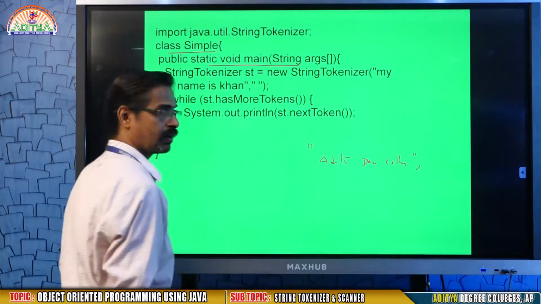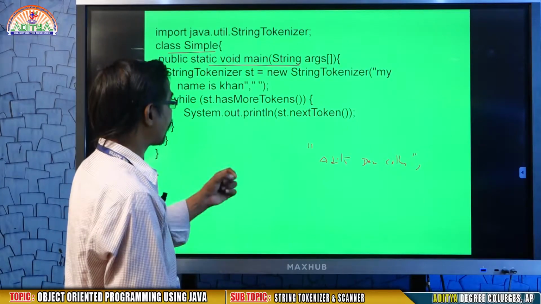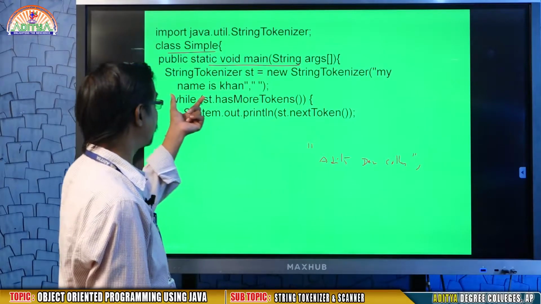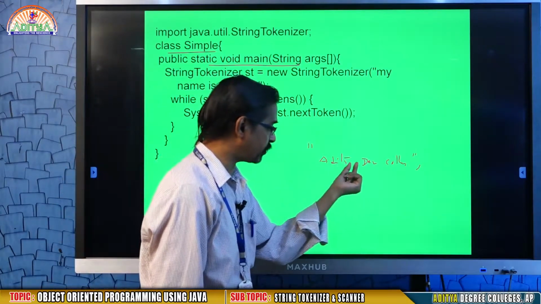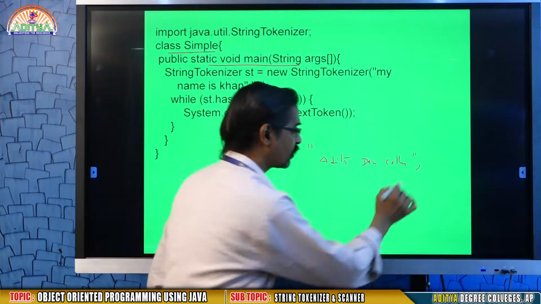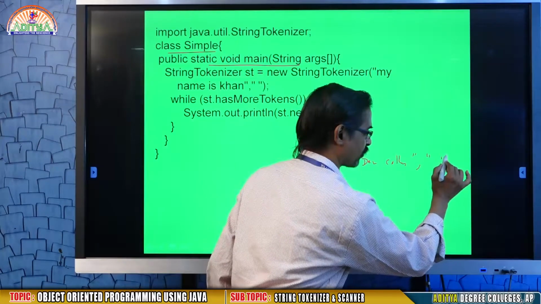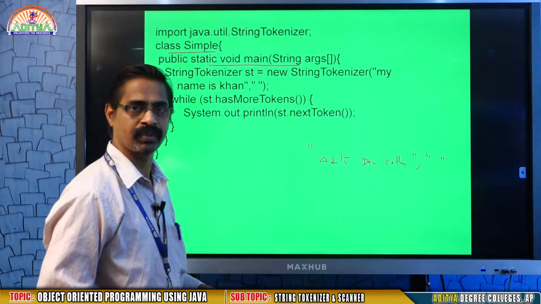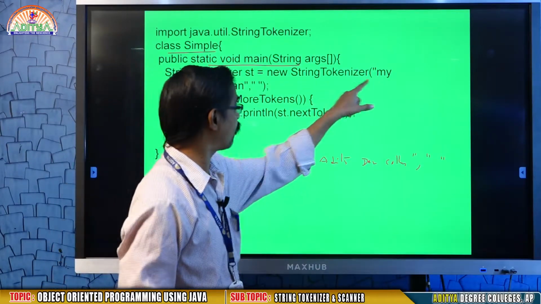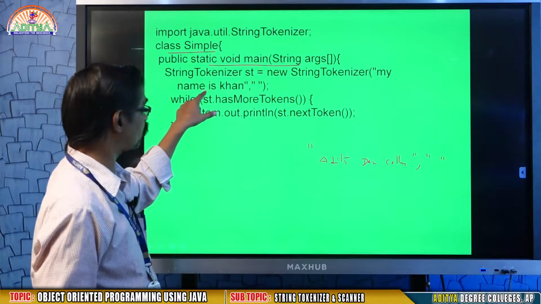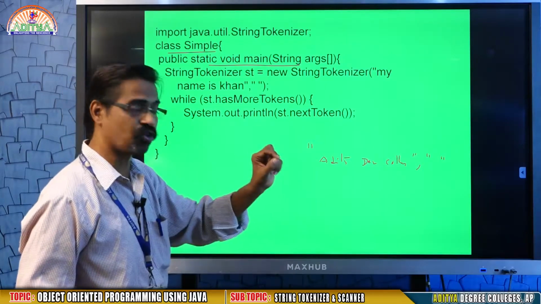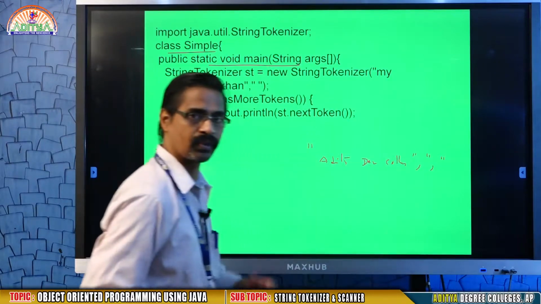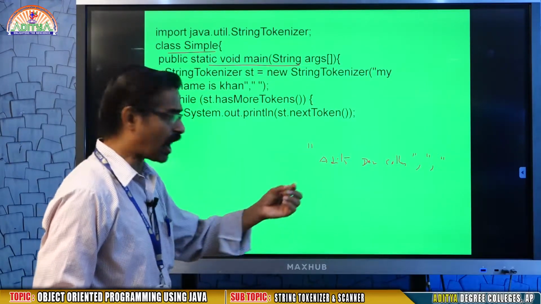comma, I want to cut. My delimiter here is space, that means between Aditya and Degree there is a space. So give double quotation, space, double quotation. This double quotation space double quotation represents the delimiter. That means between the words there is a space. It will take the space as the criteria. If you want, you may give a comma or any symbol.